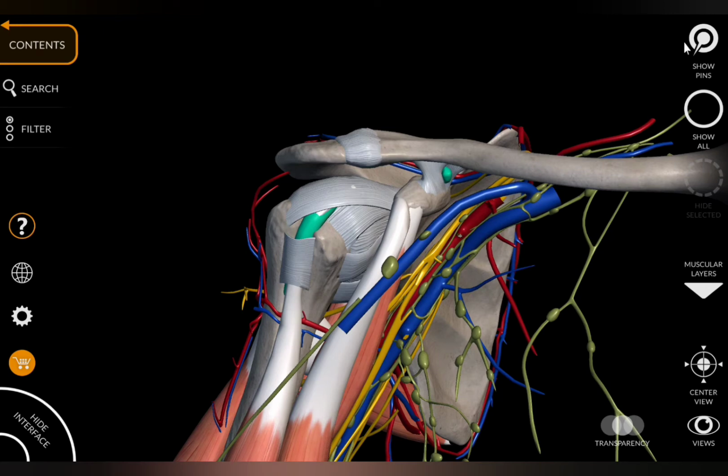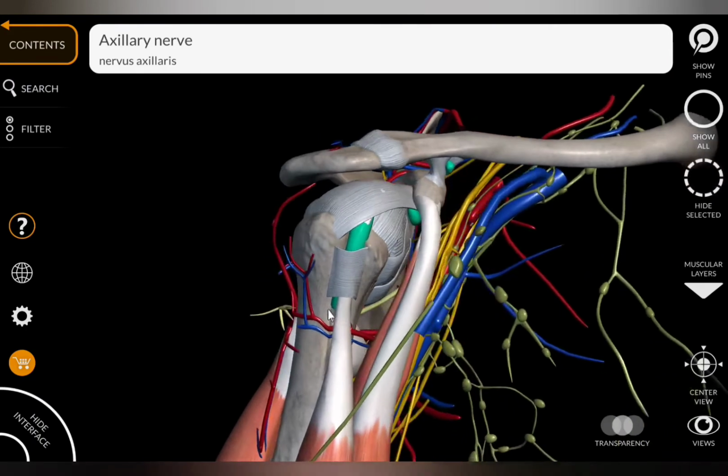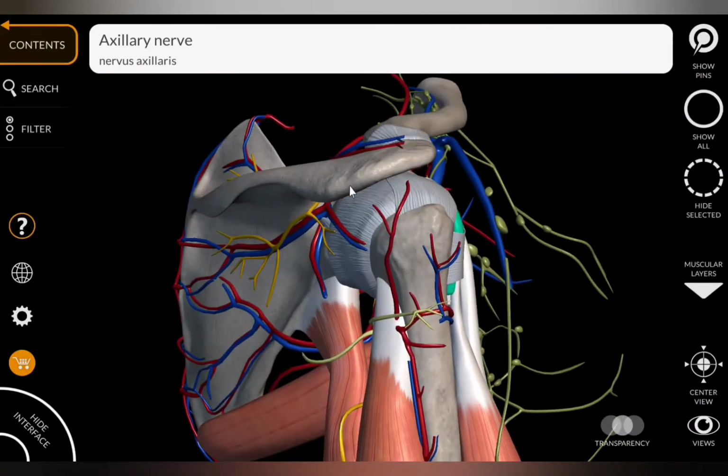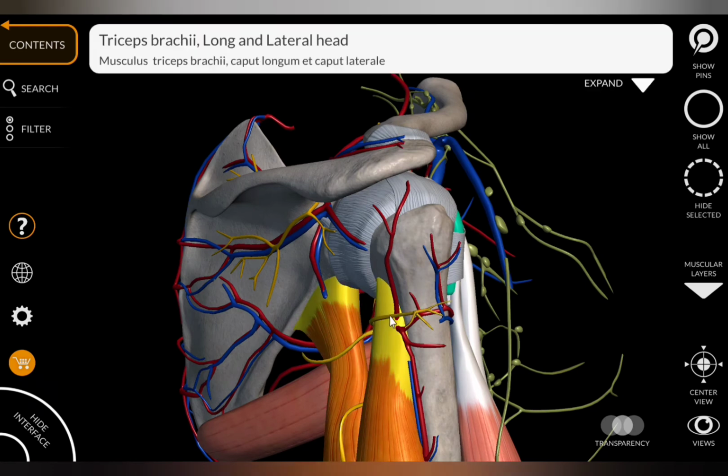The next thing under the cover of the deltoid we are going to look at is the nerve. Already I said the deltoid muscle is supplied by the axillary nerve. I'm tracing that, you can see here. This is the axillary nerve. It is also under the cover of the deltoid muscle. Since the deltoid muscle takes origin from the lower lip of the crest of the spine of the scapula, it takes origin from here, right? So the axillary nerve also lies under the cover of the deltoid muscle. I'm removing the axillary nerve also.